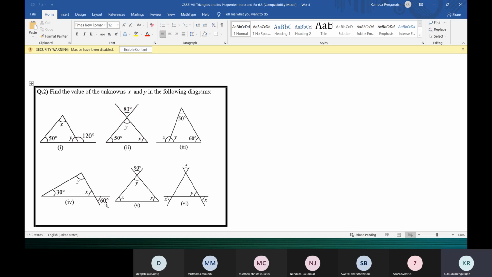Here we have to find that angle. If it is marked like a square, that means they've already given that it's 90 degrees. But here we have to find y. It's not that you should not use a curve. You can use a curve. If you use a curve and mark 90 also is fine. You can use a curve and mark 90 degrees.